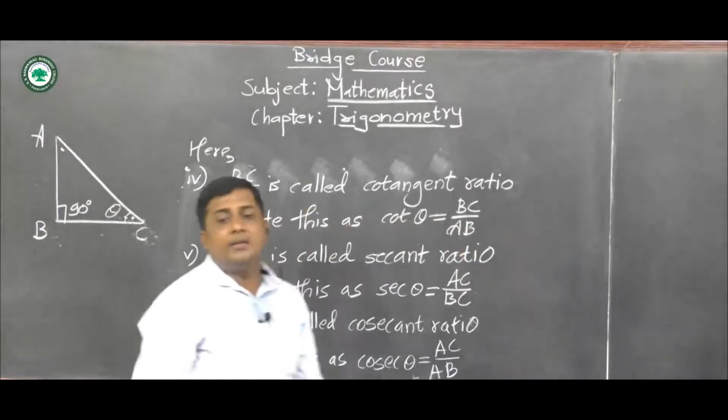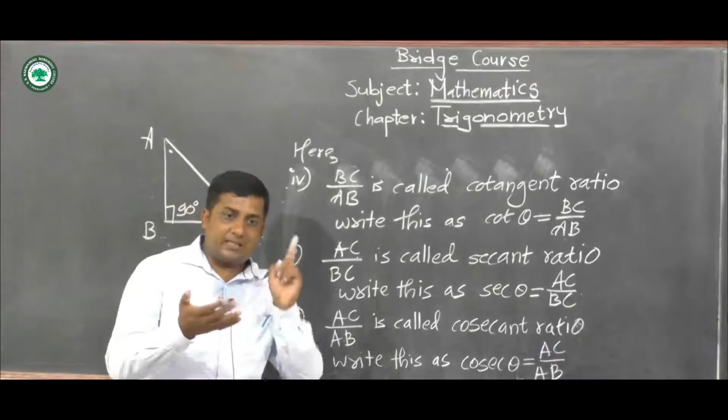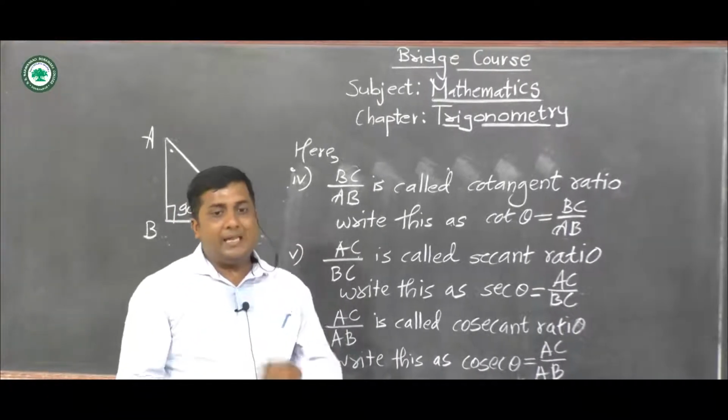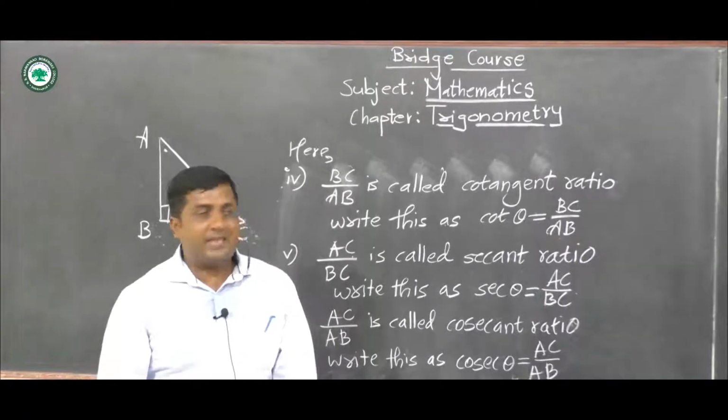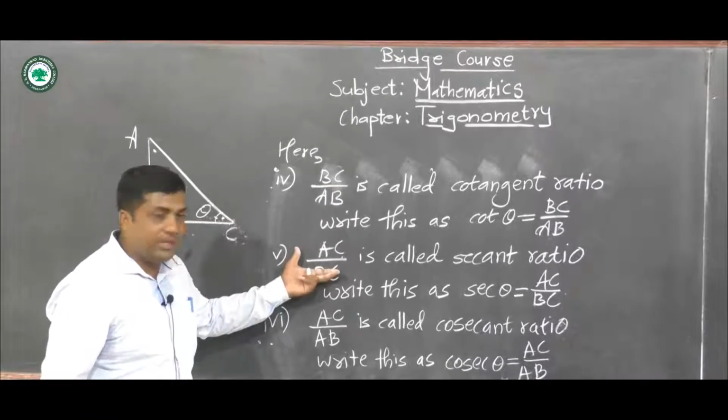So here we define 6 trigonometric ratios. First is the sine ratio, second is the cosine ratio, then the tangent ratio, next the cotangent ratio, then the secant ratio, and